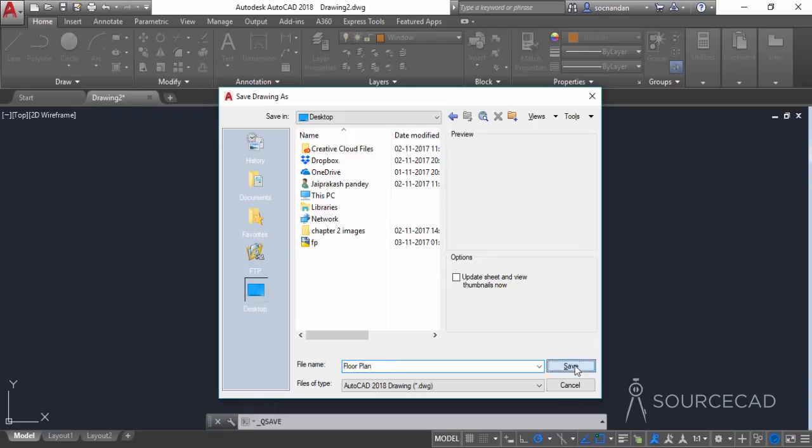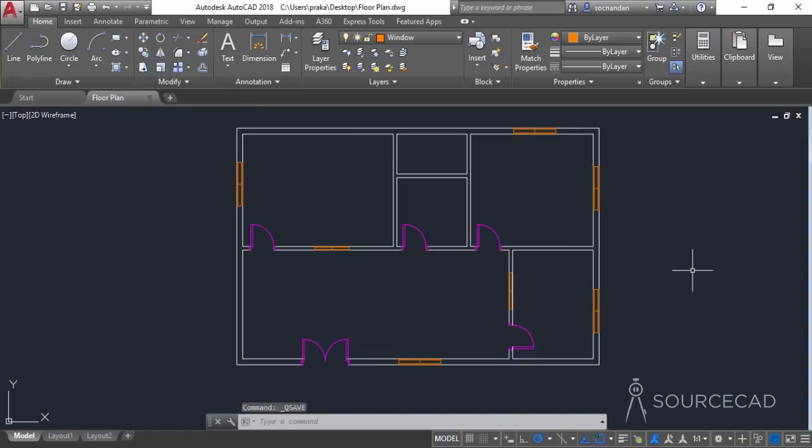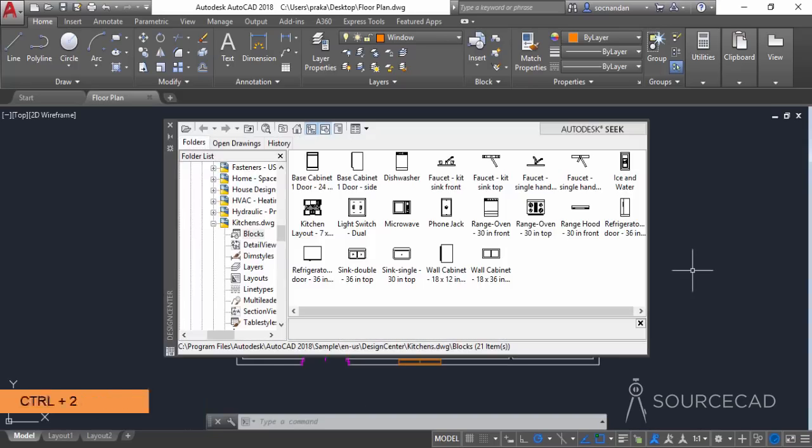and I'll click on save. Alright, our drawing is now saved. Now we can add other blocks, and we're not going to create all of the blocks, and we already have a library of blocks within this AutoCAD 2018 or whatever version you are using, and that library is called Design Center. So you can open Design Center by pressing the Ctrl 2 key on your keyboard,